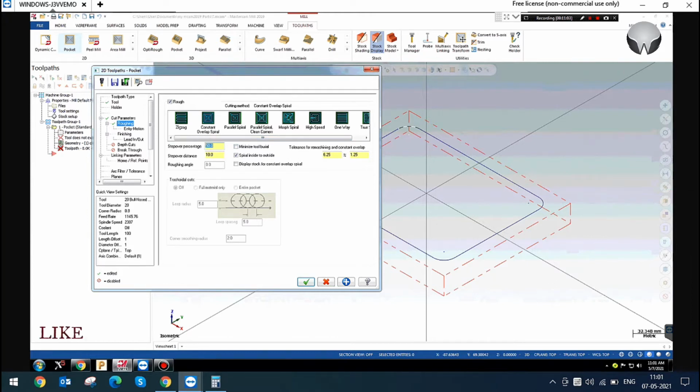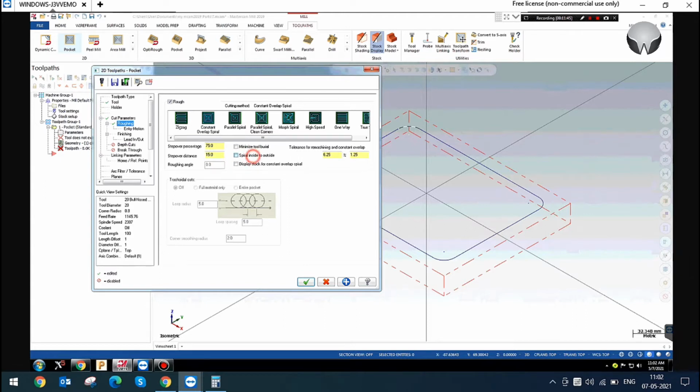So next, step over percentage. Here you can give the step over percentage. For every tool you can give the maximum percentage of step over as 75%. If you use a flat end mill, you can give the maximum step over as 75. Between 65-75 you can give the step over. The percentage is based on the tool diameter. If I give 100 percent, you can see the tool diameter dimension. I will give 70%. Also, you can give the step over distance value. You can give the value separately.